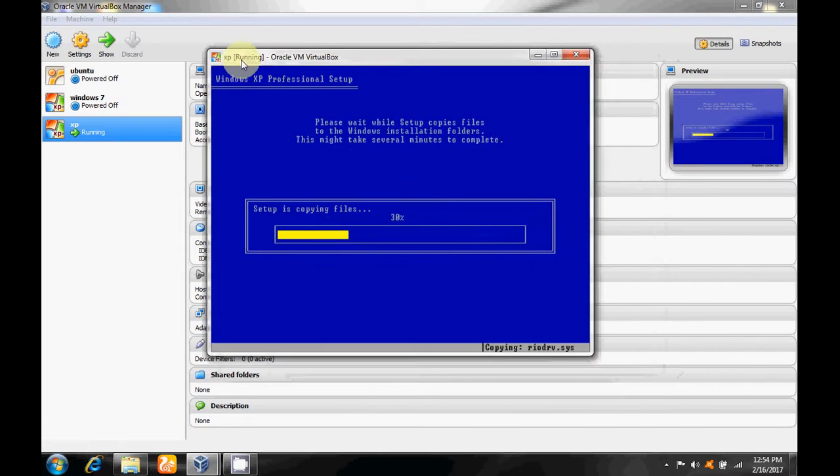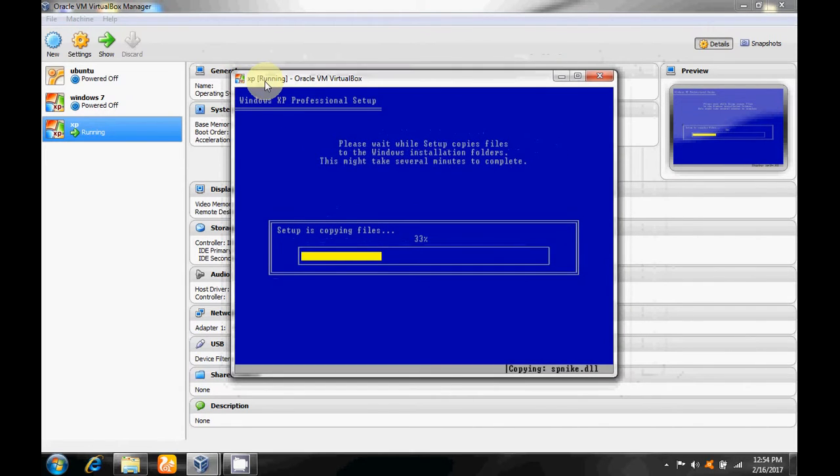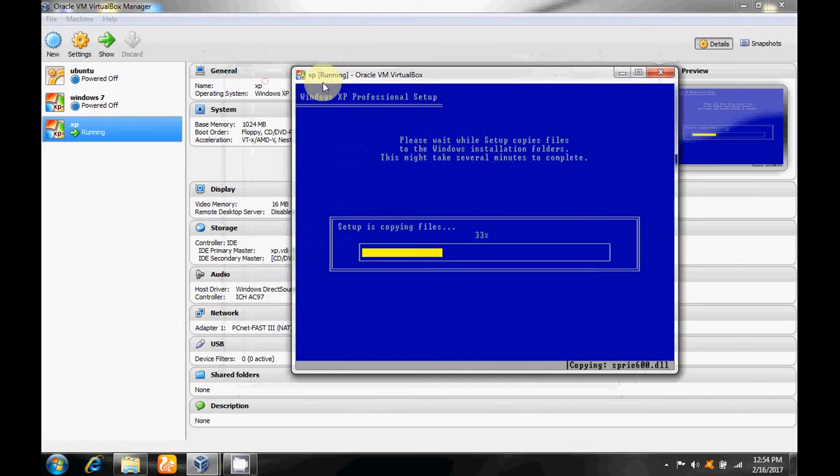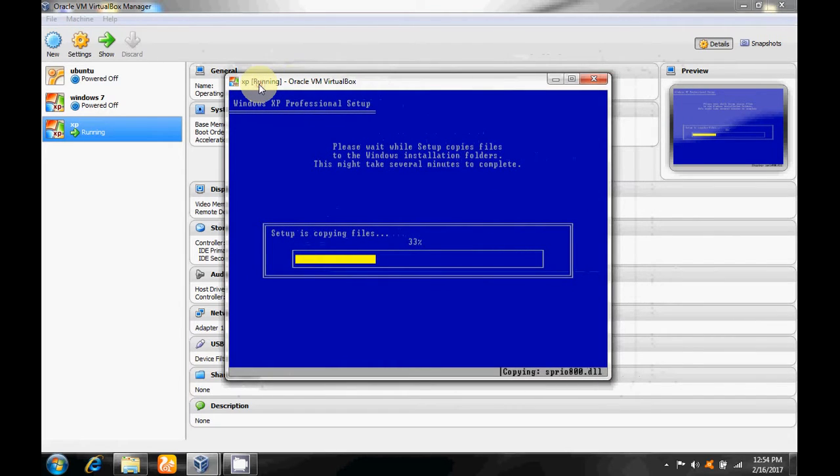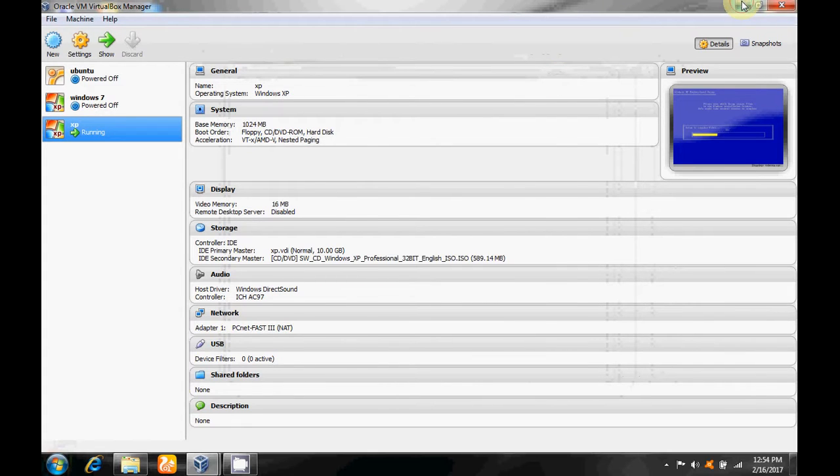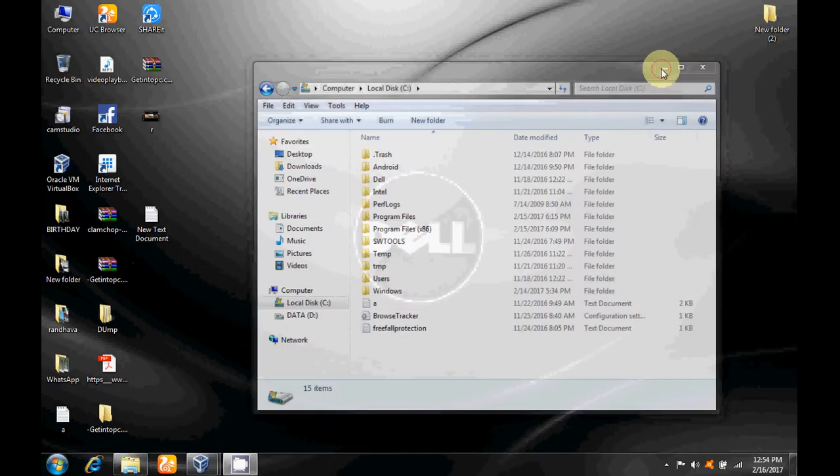You can see the installation of Windows XP is running in front of you. The Windows XP is running inside the Windows 7 operating system. We can minimize this and also minimize this.